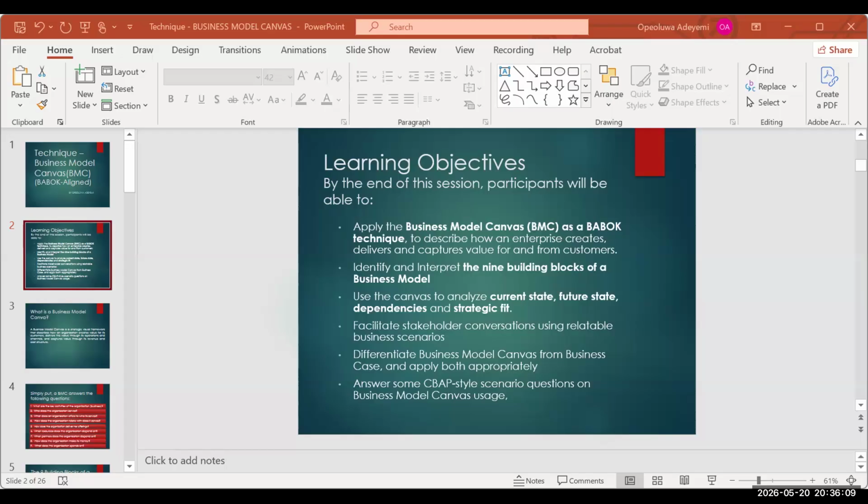It's a tool used to describe, design, and probably analyze how a business works. Right. Okay. Have you used this before, Abigail? Have you at any point used this before? No, I've not. Okay. Thank you very much, Abigail. Any other person? Right. Okay, I'll write on those two responses. Krista says it helps to describe how businesses create their value. And Abigail said it is a tool that helps to describe how business deliver value.